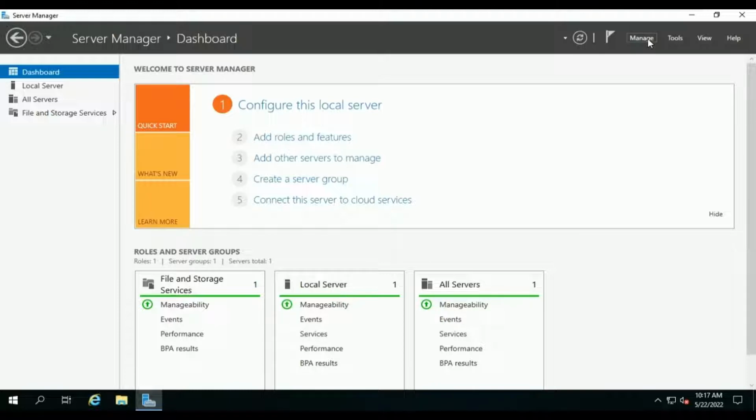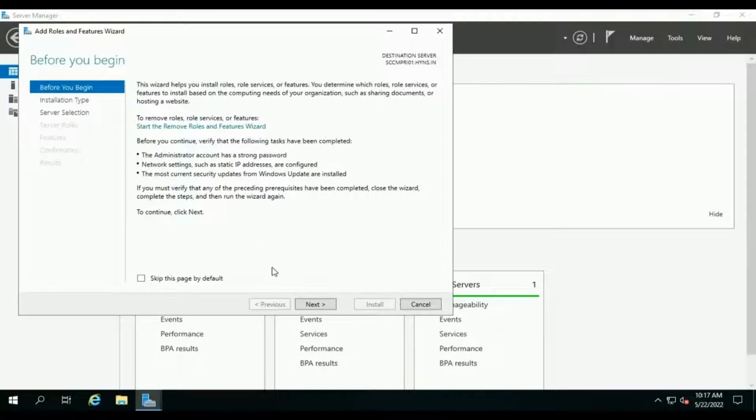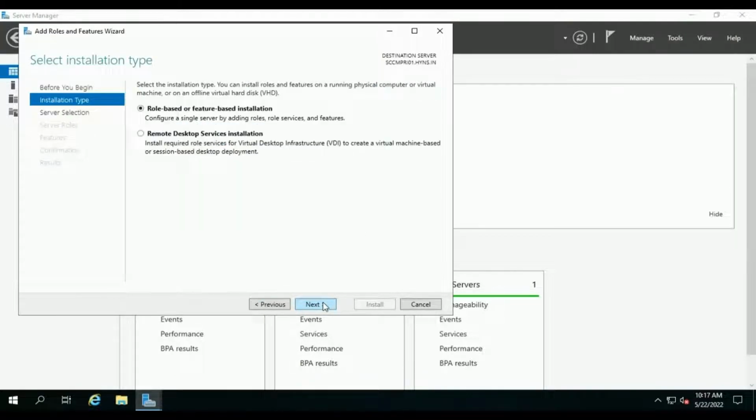Now, to install WSUS, go to Server Manager dashboard, add roles and features, click on Next. Next.